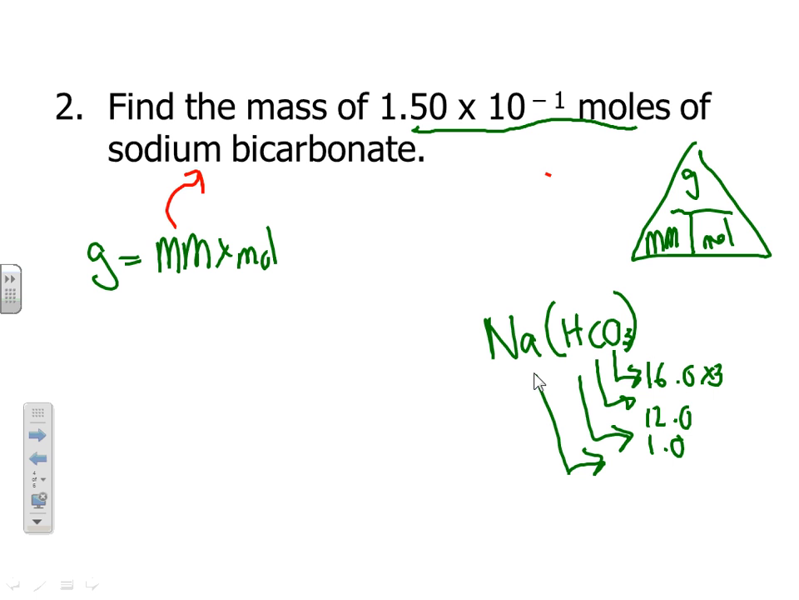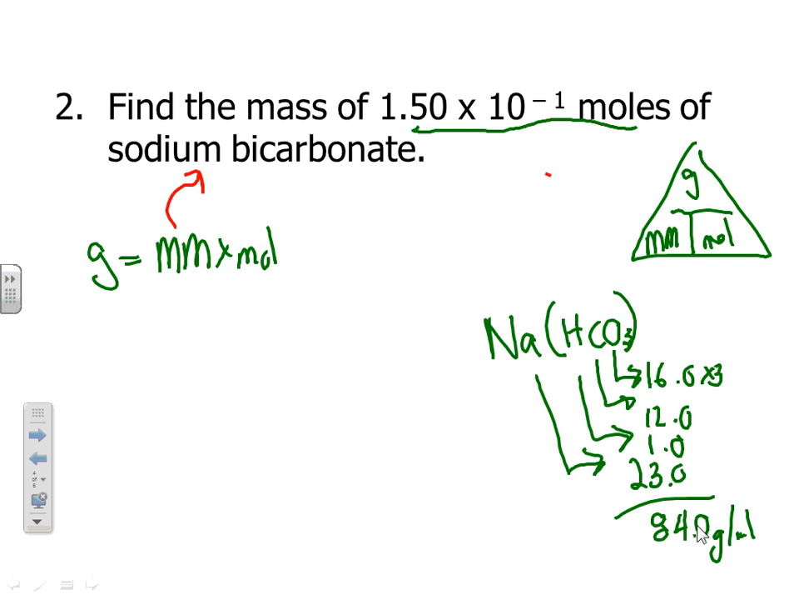And Na, I need to check my periodic table. 23.0. And now I need to calculate and add it up. 16 times 3 plus 12 plus 1 plus 23 equals, so sodium bicarbonate has a mass of 84.0 grams per mole. The reason I add the 0.0 is because these are all 0.0s, and that gives me